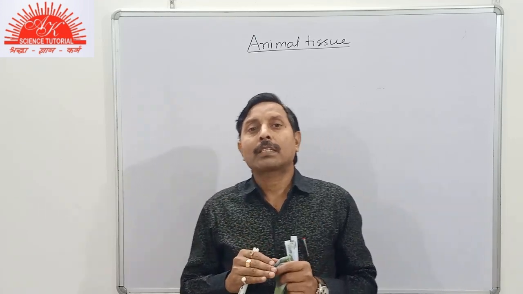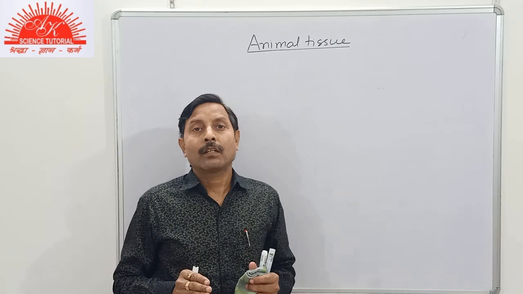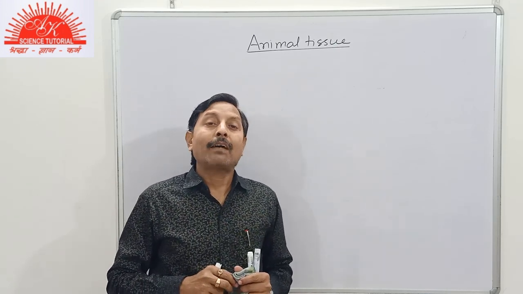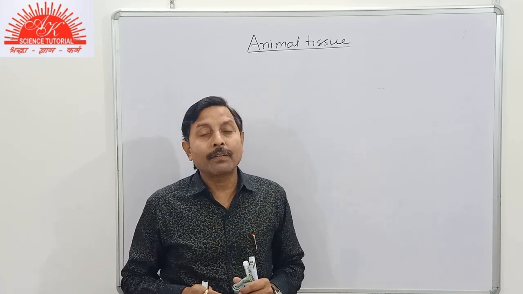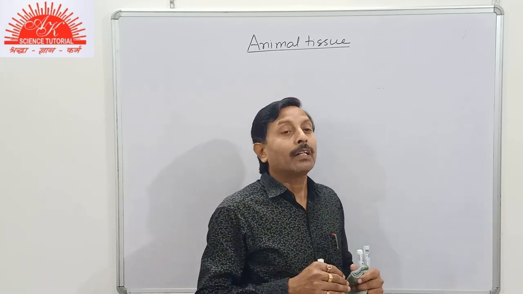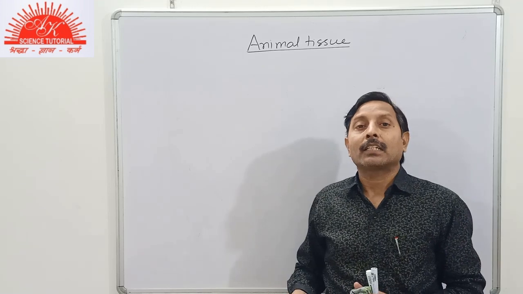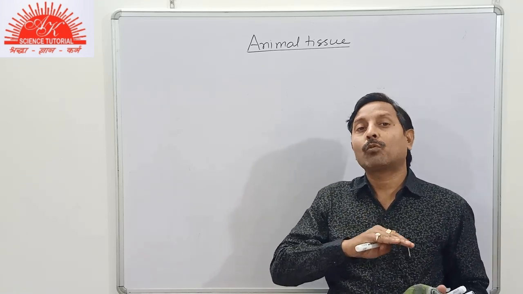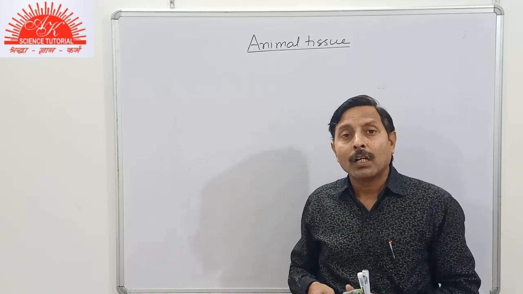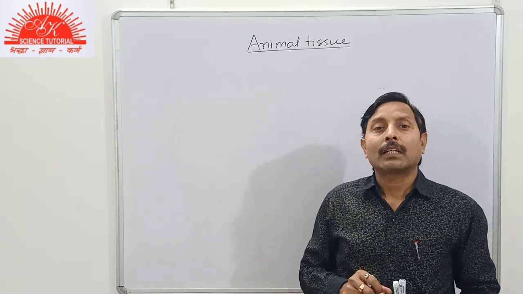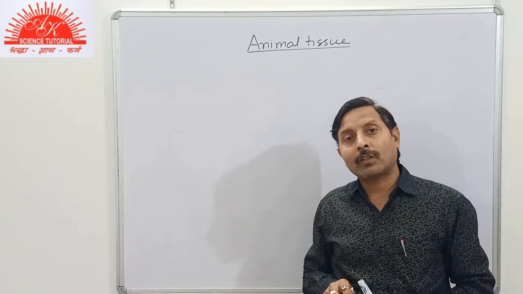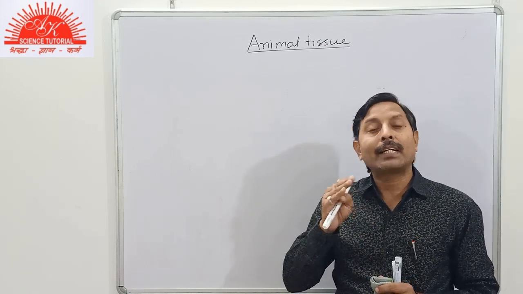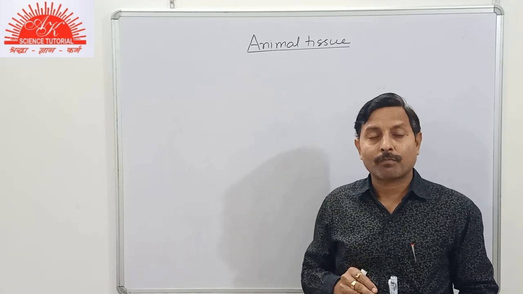But in animals, since there is a complex design, they have to move from one place to another. They have to perform different life activities. They have irritability. They require carrying sensation or impulses from one part of the body to another part. So in animals, different types of functions are performed, and according to that they have different types of tissues,